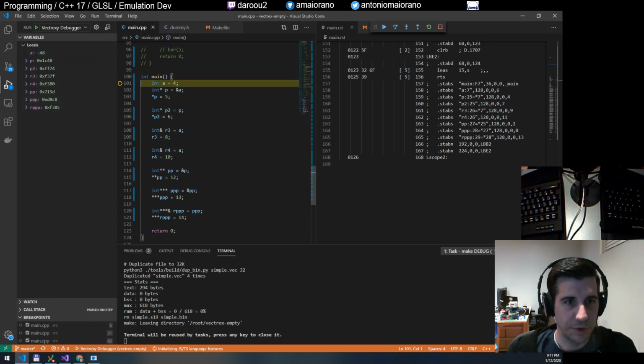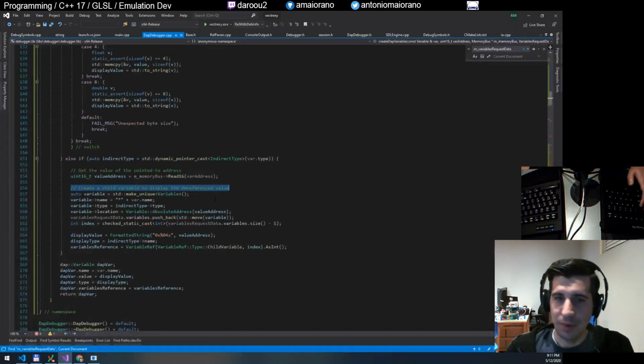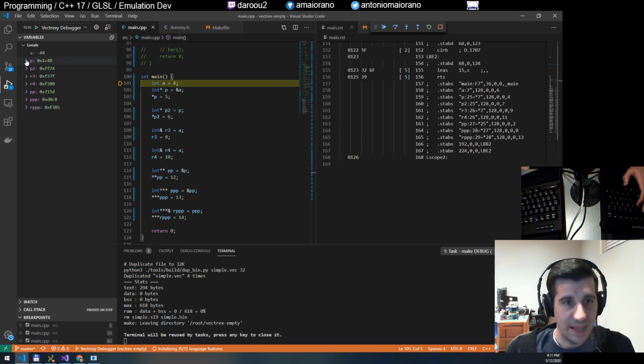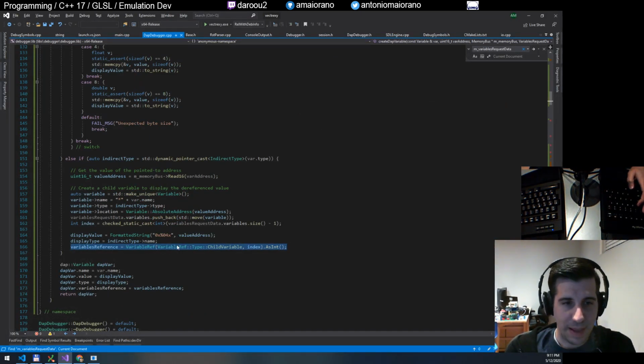These are all variables for the current frame, for the current scope, I should say, the scope request. And so in there you see there's a bunch of pointers and references. For those, this little arrow here indicates that each one of these was given a child, a variable reference, which is exactly what this is about right here. If you expand it, then I'm going to get another variable request for that expansion. And I'm going to know because I'm going to check the variable reference